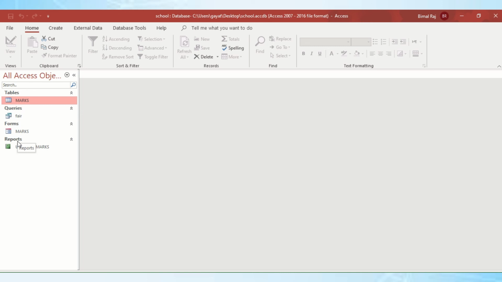So this is basically what the entire Access is about, that is creating a table and then creating the different objects like queries, forms, and reports using this table. I hope you have understood what reports are, what the different sections of a report are, and how reports can be made very quickly using the report wizard.